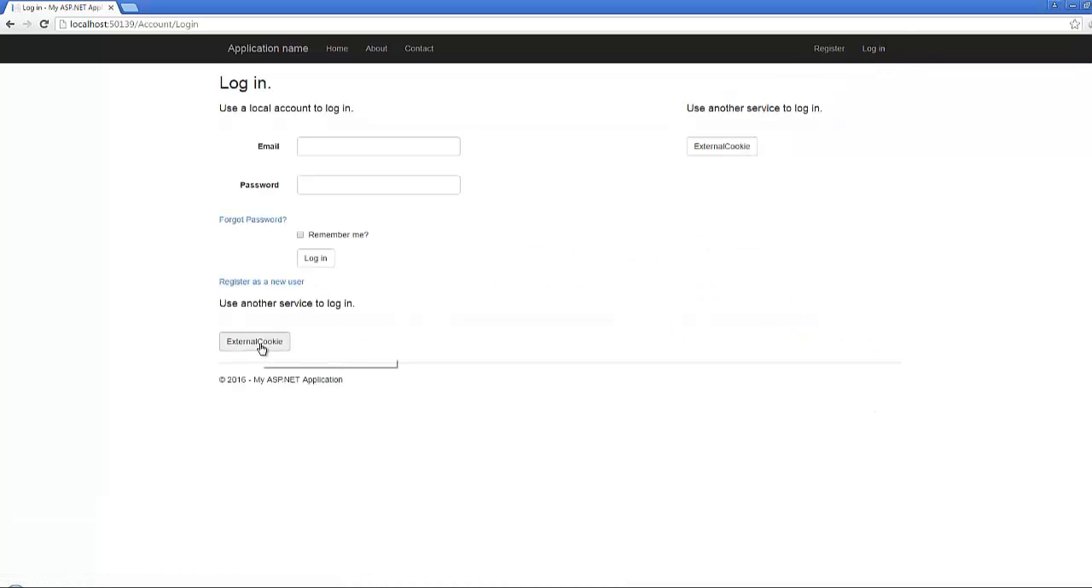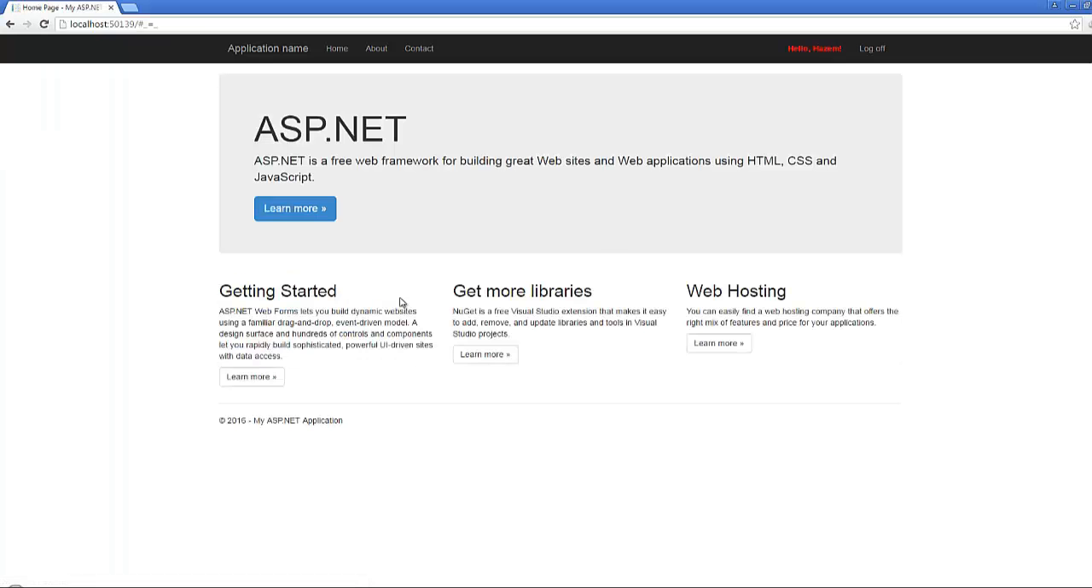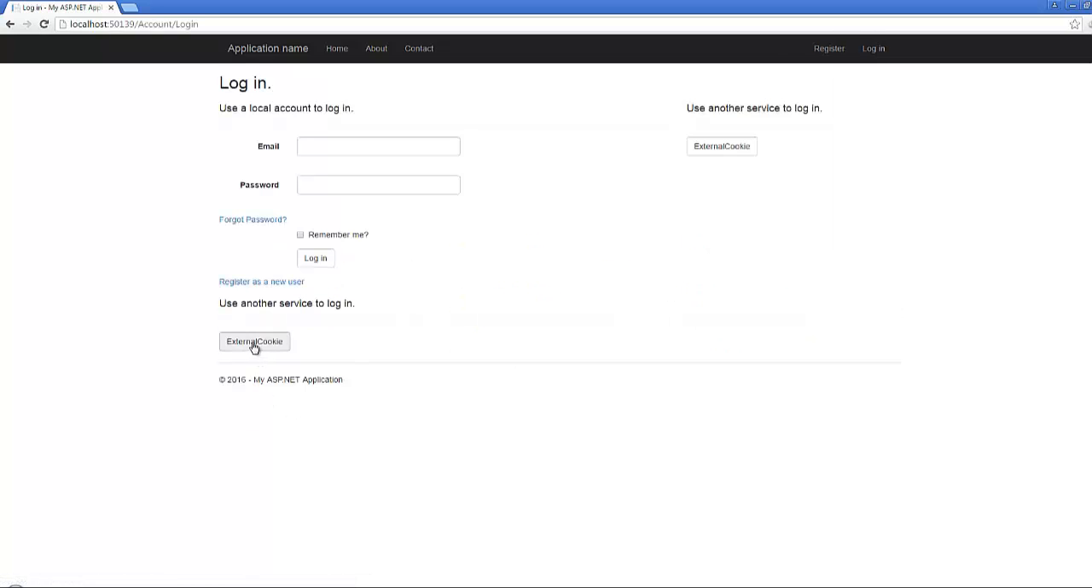So by clicking the external cookie button, and since the current user still has an open session with Facebook inside Google Chrome, he will not be asked about his email or password of the Facebook. So it seems that from now on this particular user doesn't have to remember any passwords related to that site. Now we have the task of changing that silly word external cookie we have here on the login page and